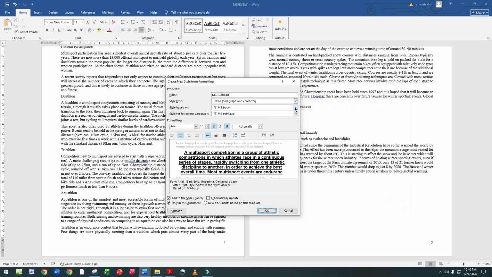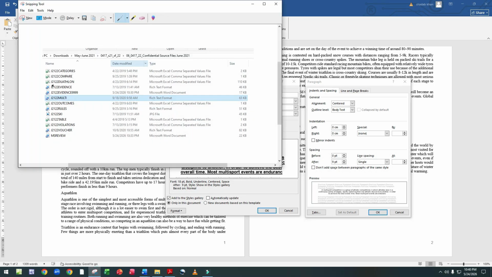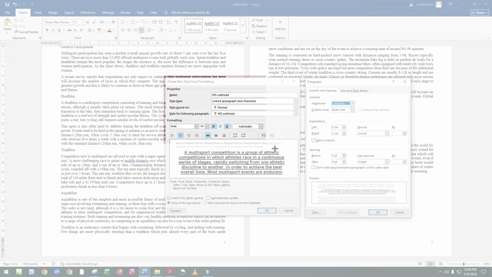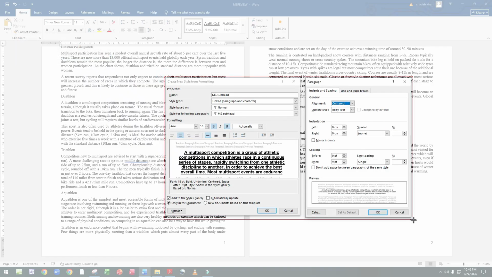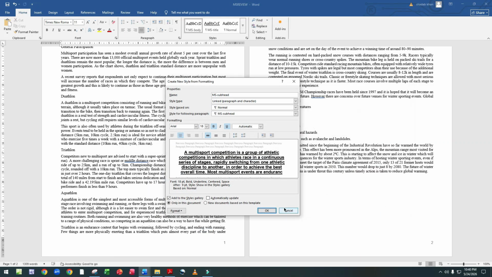It should be style based on normal. Now we take a screenshot to show as evidence. This is our step 3 evidence. Then give OK.